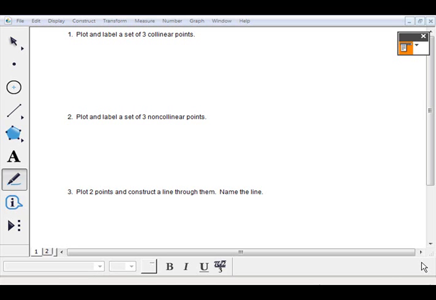If I ask you to plot and label a set of three collinear points, here's some things I don't want to see. I don't want you to use the marker. You really shouldn't be using the marker much at all. But if you did something like this, point, point, point, and drew a line through it. And the point of using this